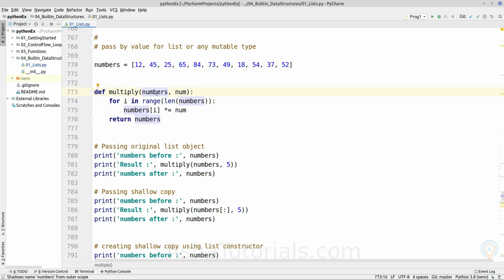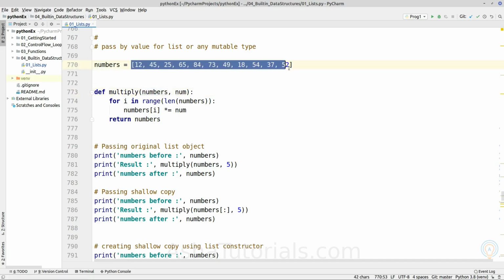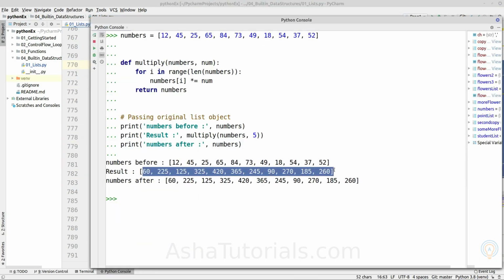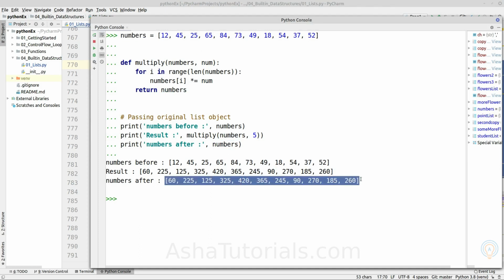Here, when passing it, we are copying just the memory address of this object to this variable, and it is modifying it and returning the object. So it performs the operation on this object because we are not creating any copy. As we can see in the result, after modifying it, we return the list. And after invoking the function, if we print the same list, it contains elements different from the original list. So we have modified each element.